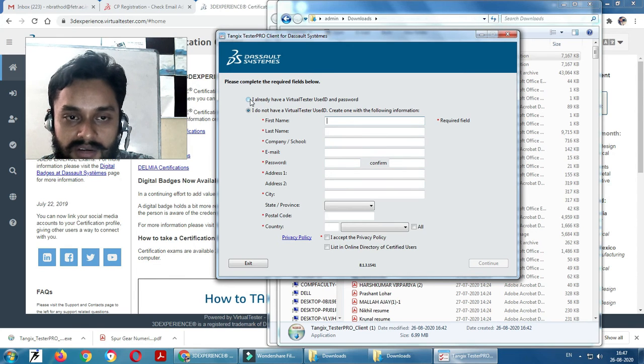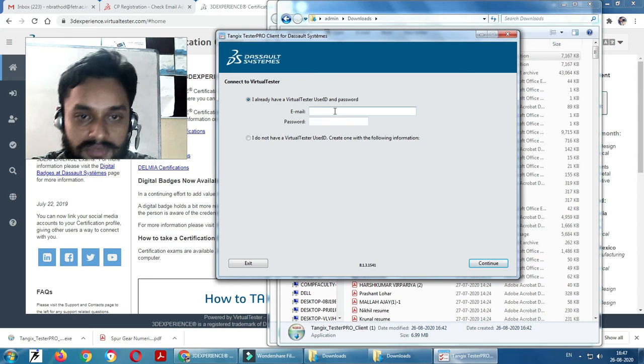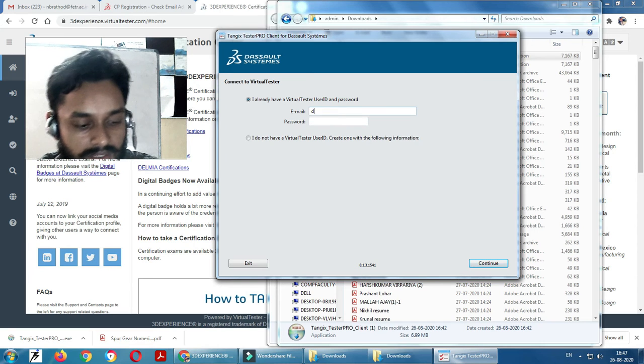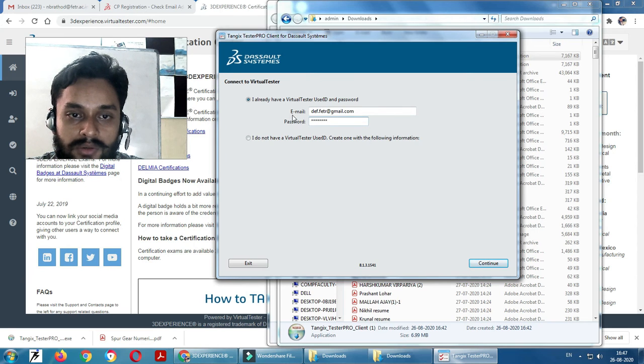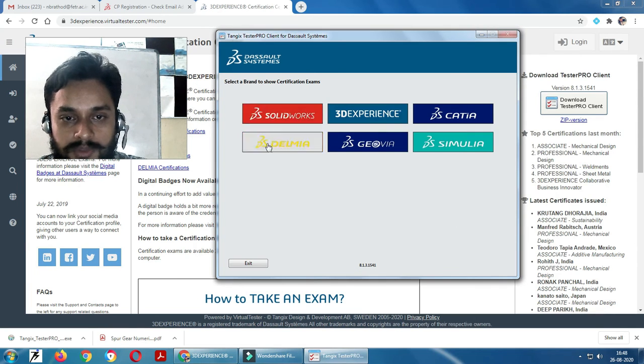Now we have generated that ID, so I'm clicking on I already have the virtual tester user ID and password. Now you can write your virtual tester email ID and virtual tester password and press continue. Now you can see the options. There are various software examinations like CATIA, SolidWorks, and 3D Experience.